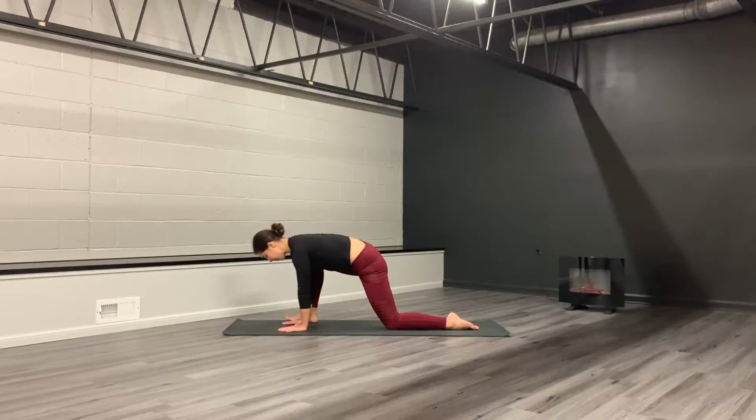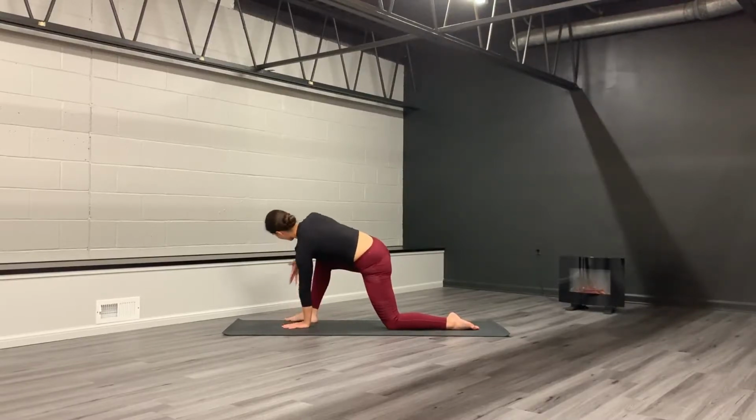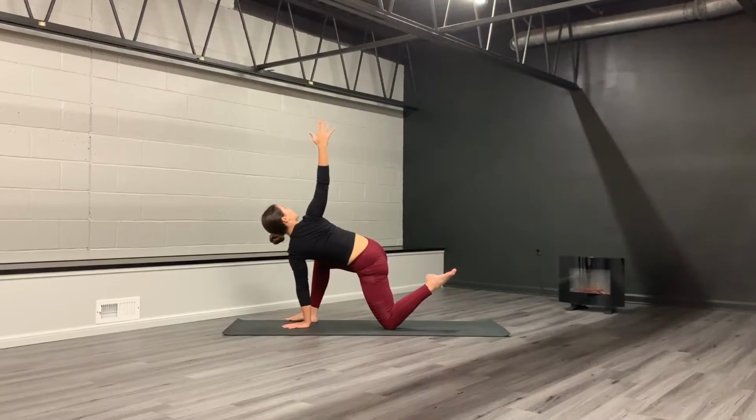Continuing to breathe, maybe even bringing your chin back to neutral to support your neck here, right? So no crunching through the neck. One more deep breath. And we'll take a twist now, planting left palm into the middle of the mat. Right arm rises. Option to stay here or return to a previous pose, or bend your left leg and reach